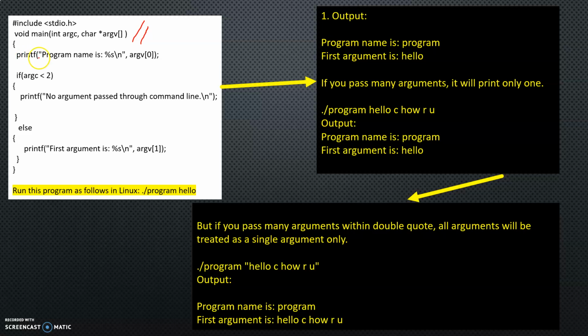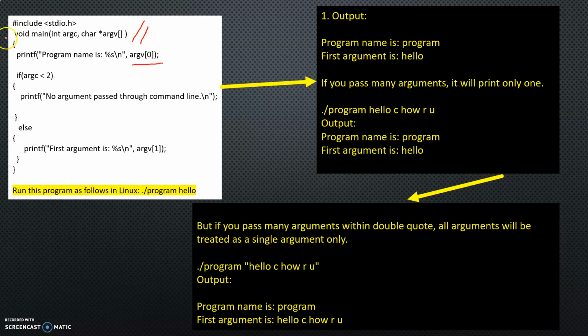Now it's quite clear. Inside it we write printf, program name is %s, then a new line, comma argv[0]. That means the count starts from argv[0]. Suppose you place the file name as program, so it will be taken as argv[0] equals program. That means the first index goes to the program. The second element, argv[1], will go for the next argument. argv[2] will go for the next argument. In this way it will take the values. That means the argument counter tells how many elements there are, and the argument vector denotes the values that you are taking.